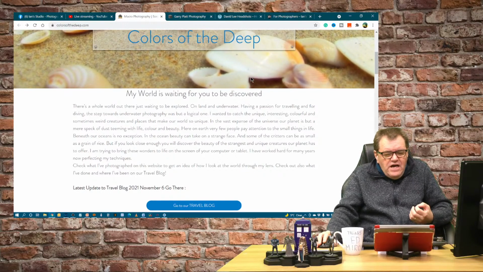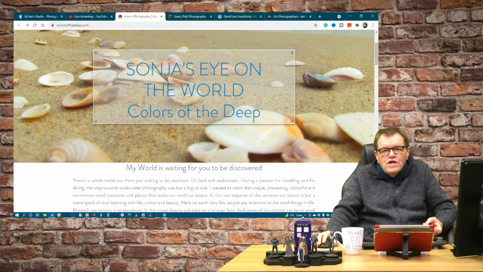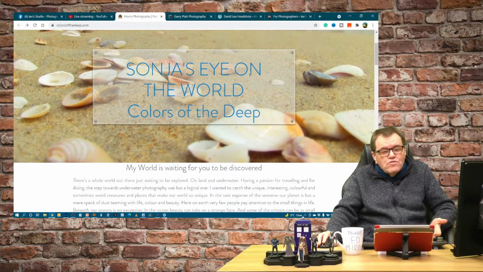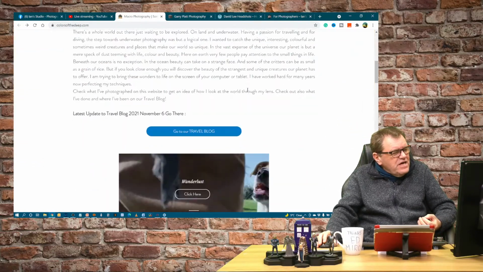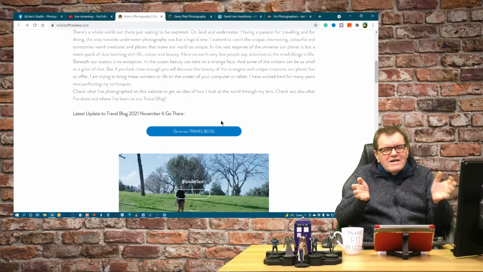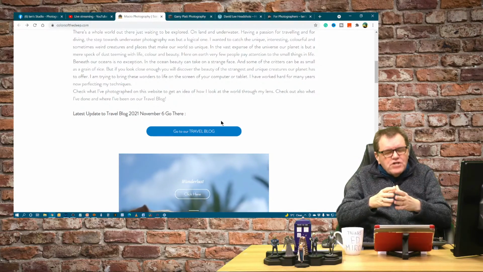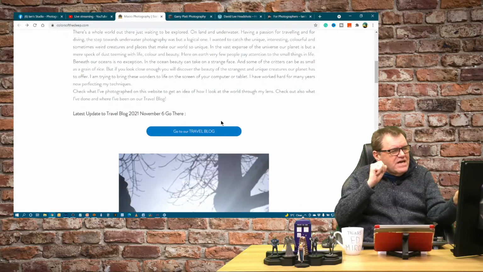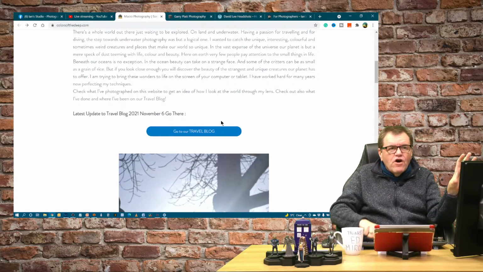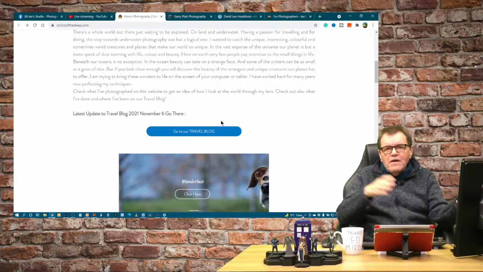So, okay, who's it aimed at? Well, I'm going to say it is aimed at people interested in underwater photography. But it's got this sort of multiple vibe to it. Is it about travel? Is it about that? My suggestion would be make this very much focused on your underwater photography, and maybe have a separate one all